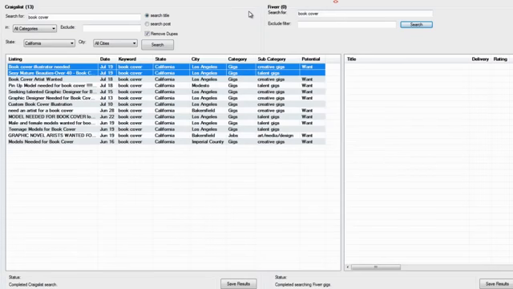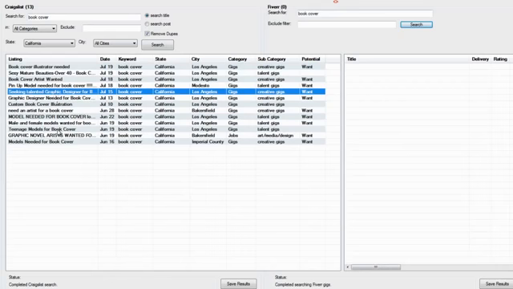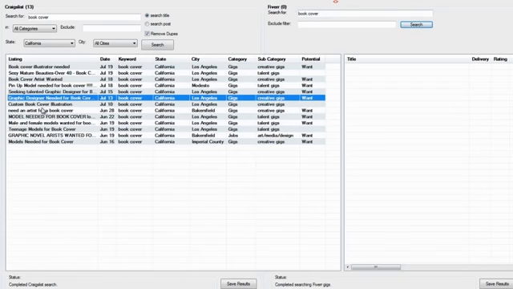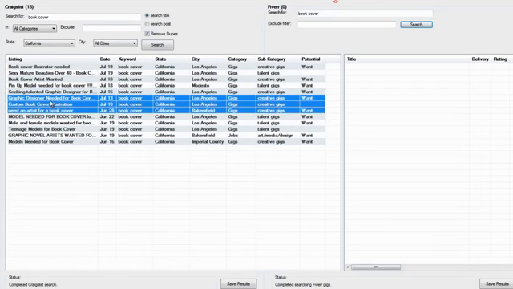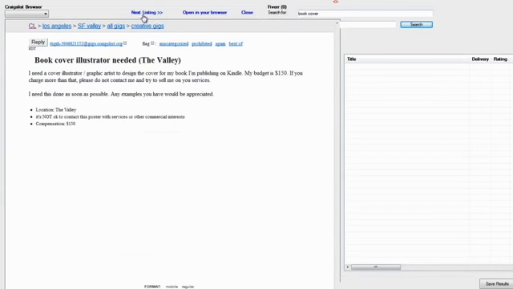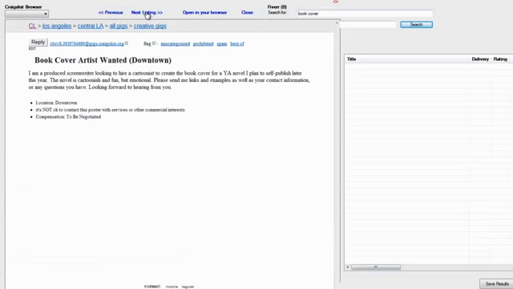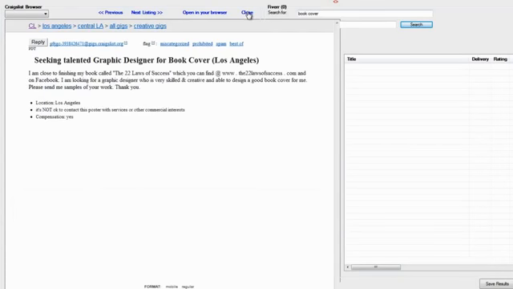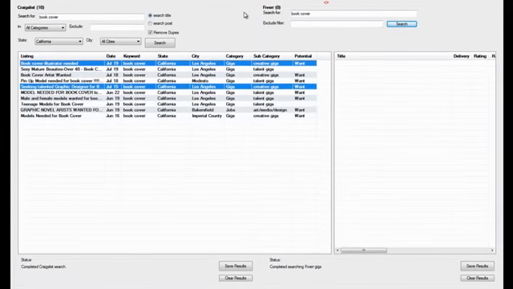Let's see, close it, and if you wanted to browse, there's other really cool functions. Let's say that you pick out a bunch of them that you want to browse, but certain ones you don't want to browse. Just select them, right click them, delete them from the search, and then click on this one, and then you go to the next one, and now you can just browse through all of them. You're only going through the ones that you want to view.